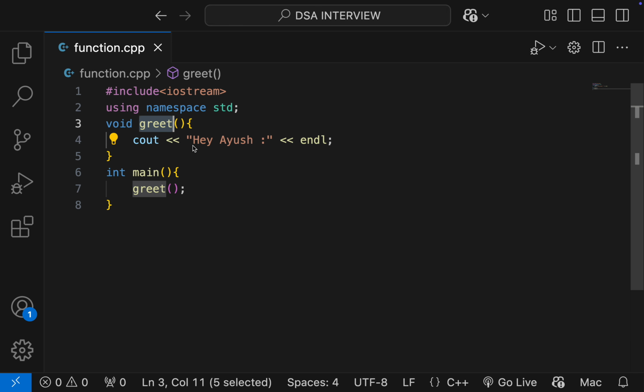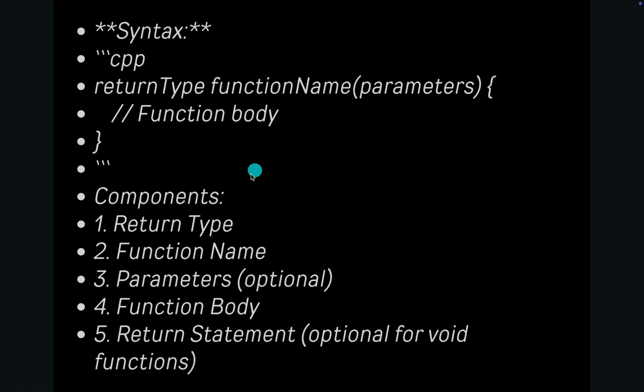Okay, so I have written this is the body. So I think I'm able to explain all those syntax parts. Okay, so these are the components. Return type, I've explained it to you. Function name,